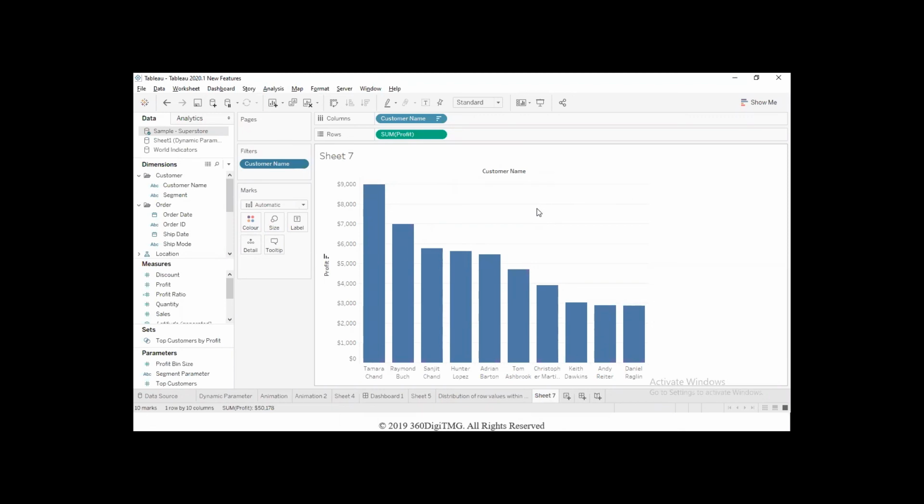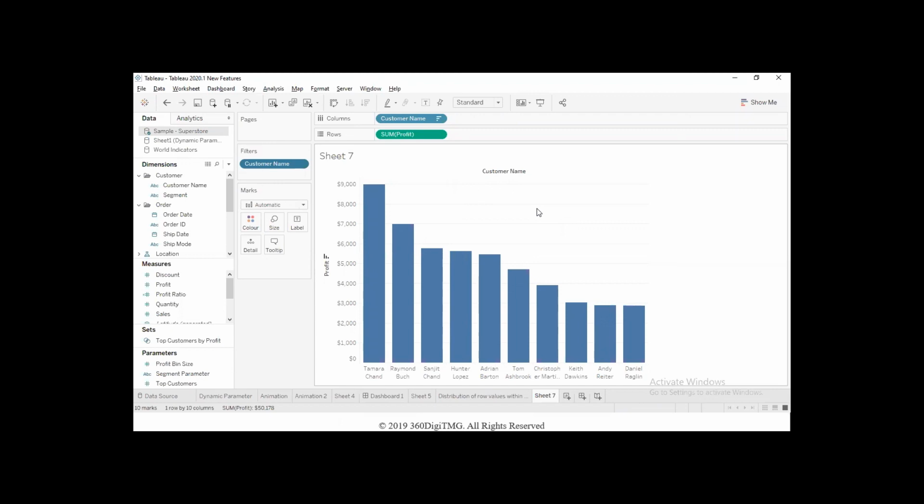If they have to depend on the Tableau developer every time for such a small change, and cannot make it themselves, it will get very frustrating. It's a very small change. I'm just asking you to increase the number from 10 to 20. Why do I have to depend on somebody for such a small thing? Because Tableau is a self-service BI tool. The people interacting with the visualizations should be able to do certain things by themselves. We have, however, to give them that kind of provision.